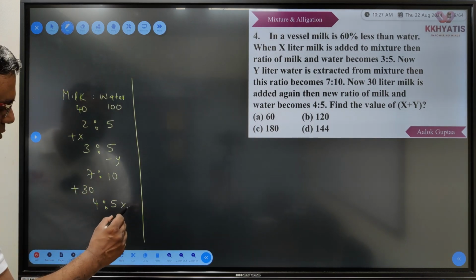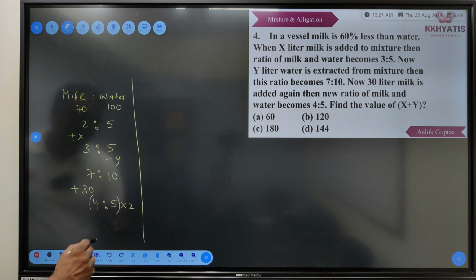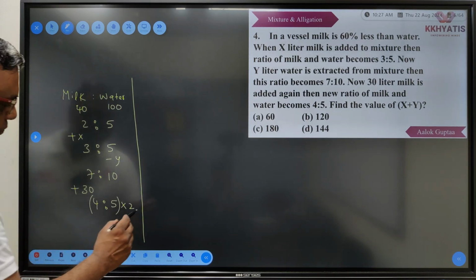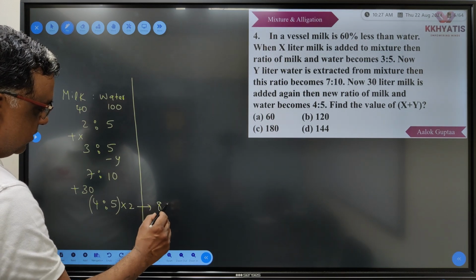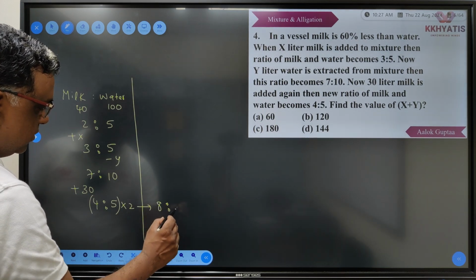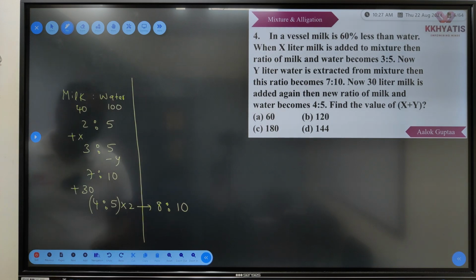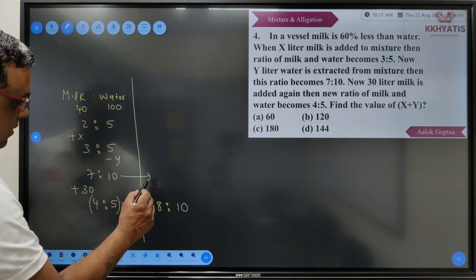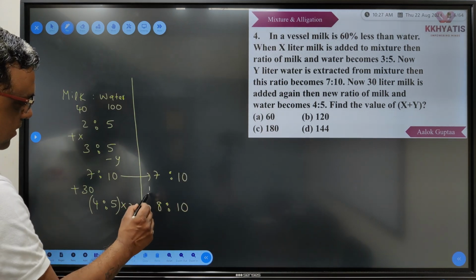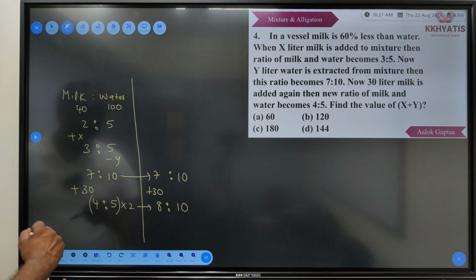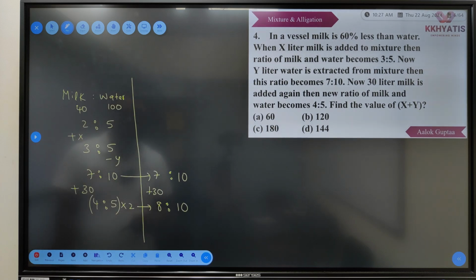So I'll multiply this ratio by 2. So when I multiply this ratio by 2, this ratio will become 8:10. This will remain 7:10, and here I was adding 30 liters. Correct? Now,